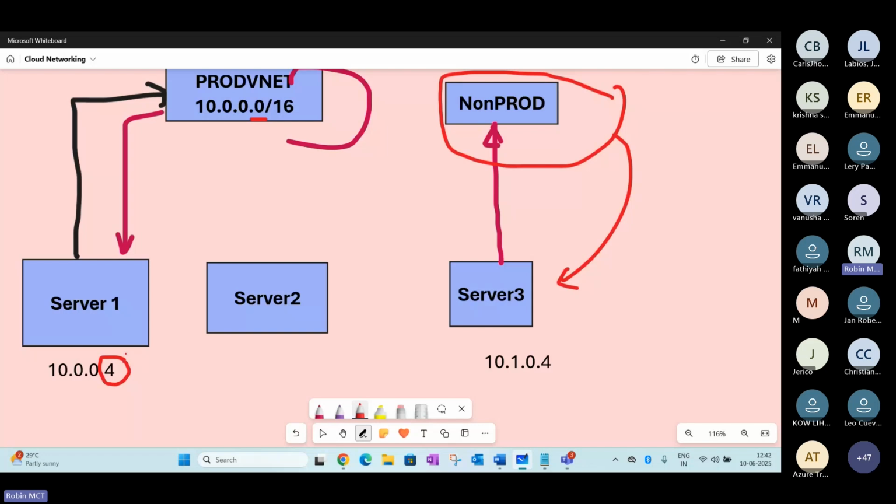So definitely you may be thinking, what happened to 10.0.0.0, 10.0.0.1, 10.0.0.2, 10.0.0.3? These are known as reserved IP addresses. That means a few IP addresses Microsoft holds by default and does not assign to any resources.